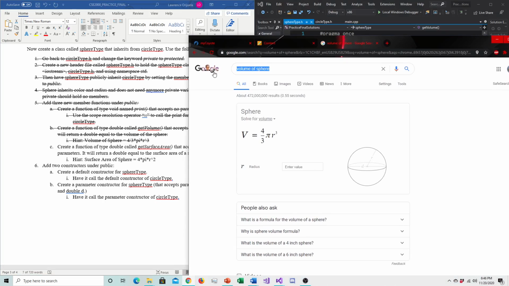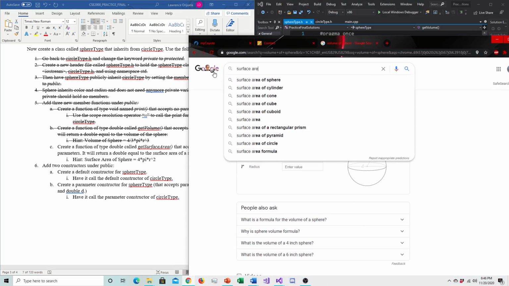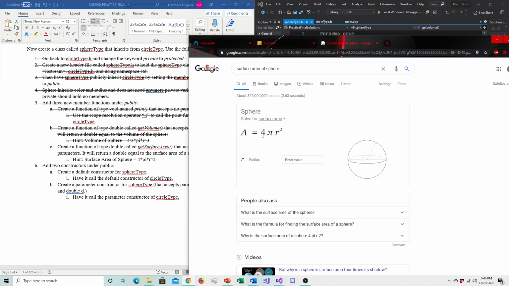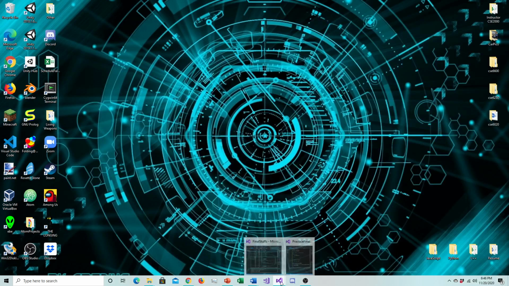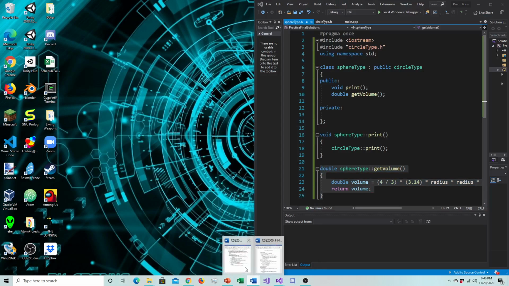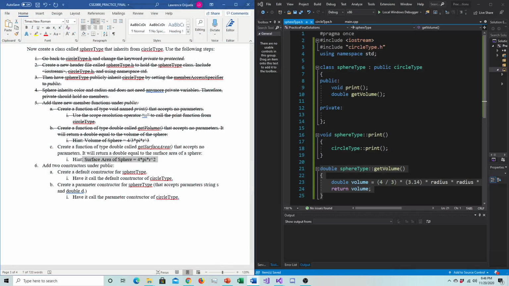Surface area of a sphere. Four pi r squared. Yep, that's correct. I'll put this here. Anyways,